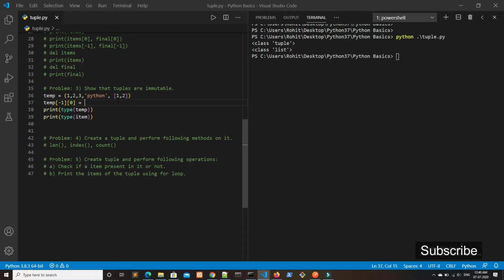Now we have reached 1. temp[-1] will go to the list, and temp[-1][0] will go to the first value of the list. Now if you try to change the value of 1 to 10, and if we print temp, then it will not throw an error because we are trying to change the value of a list.